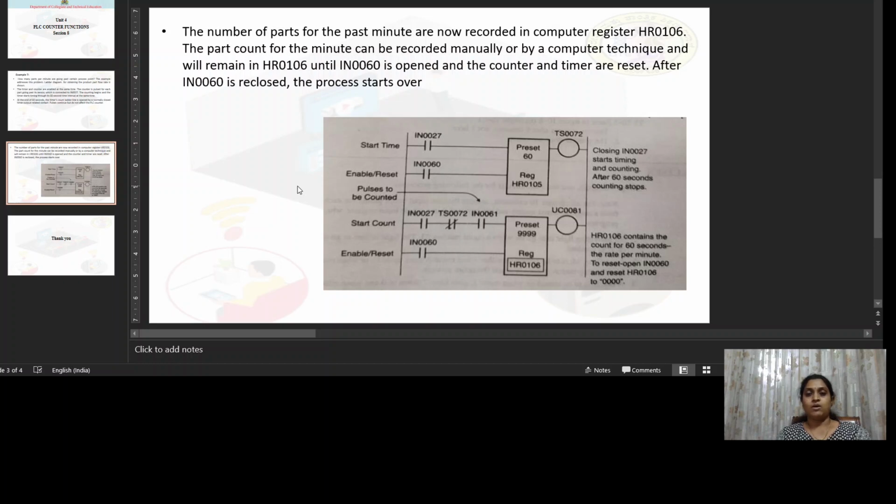For each and every application, before we write a ladder diagram, we need to determine the preset values for timers and counters if we are using them in the ladder diagram. Then we can plan these contacts.